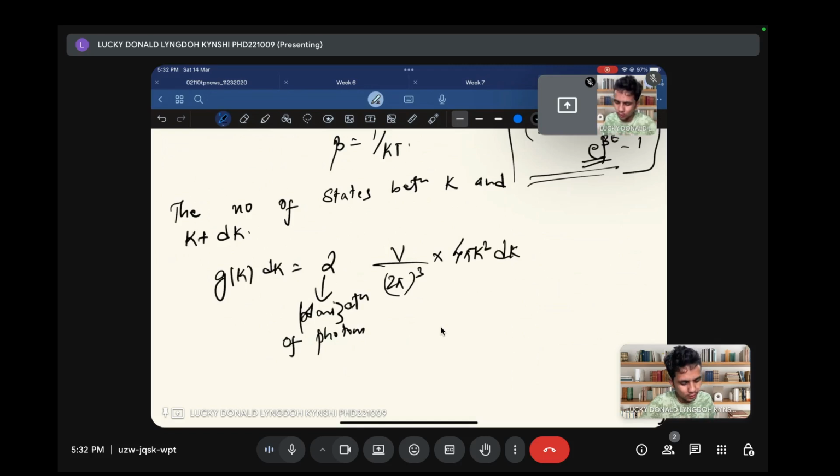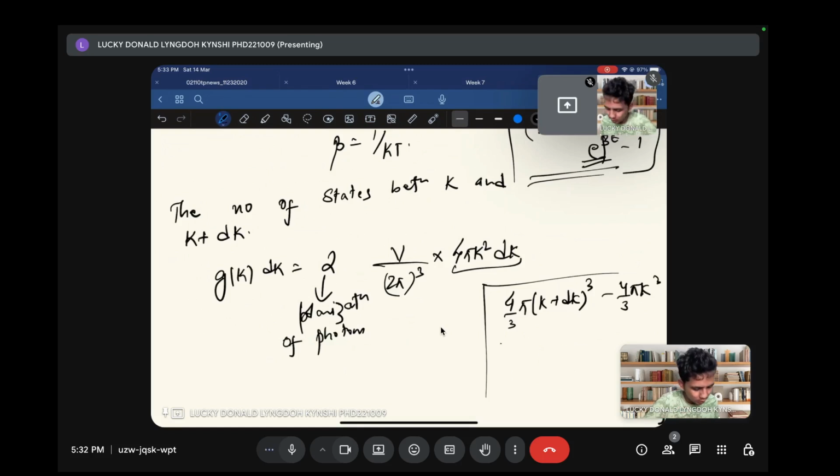Okay, so this is between k and k plus dk of a sphere. If I want to derive this indirectly, you can write 4/3 pi (k plus dk) whole cube minus 4/3 pi k cube. If you want to get this 4 pi k square dk, you extend this formula, and minus 4/3 pi k